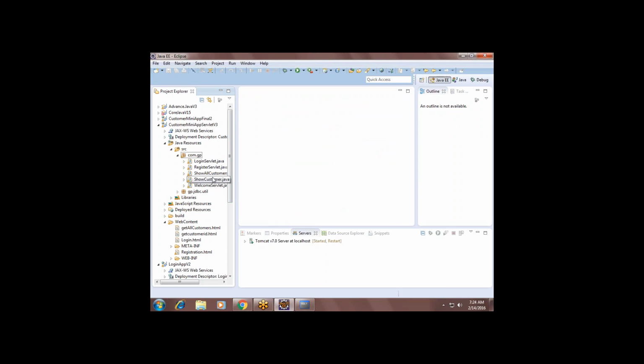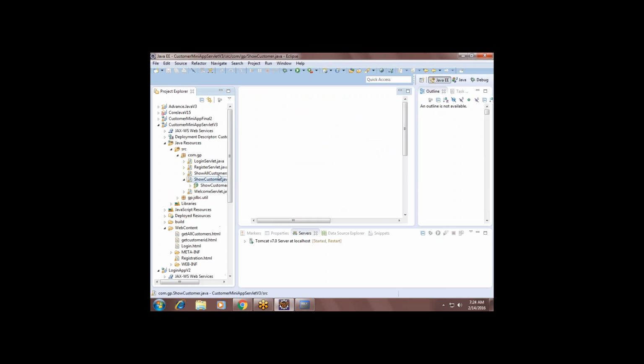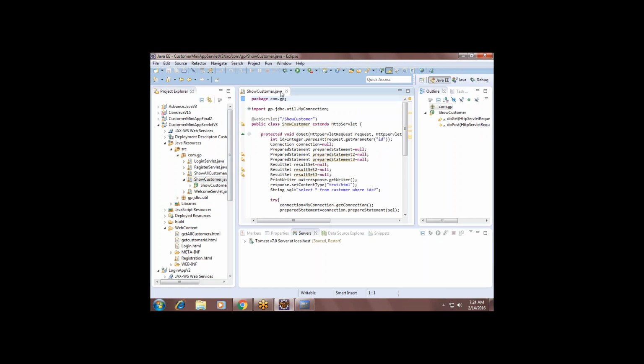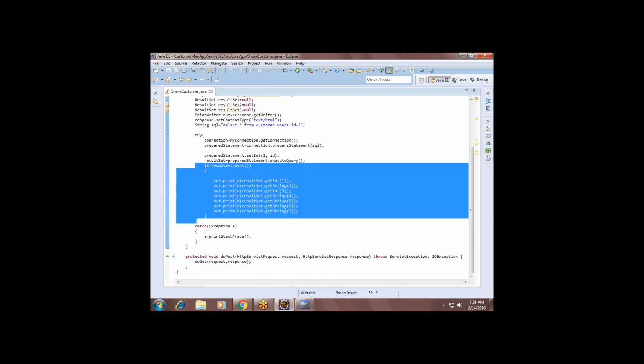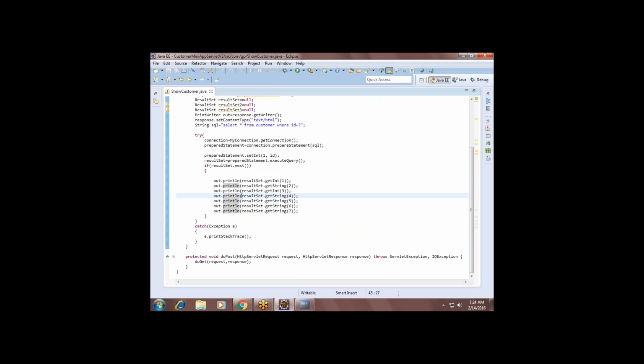There is a rule, guys, that you should not print the data directly from the servlet. Servlet is only for writing Java code. Servlet is not for presentation logic. Presentation logic means HTML code.